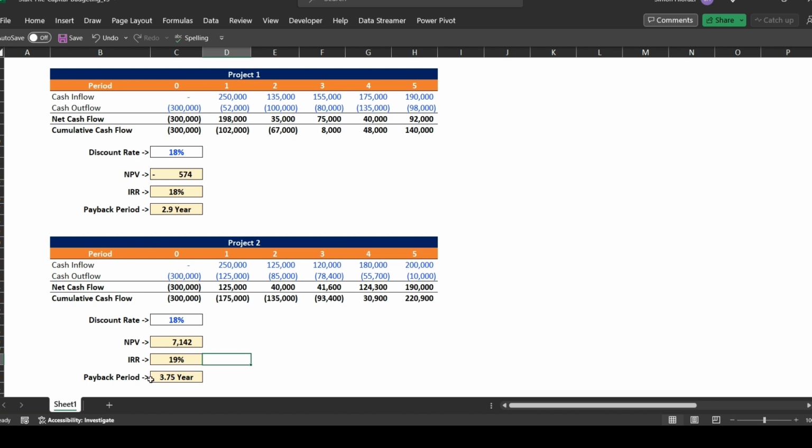Okay, then when you look at the payback period too, although it may take almost 4 years for project 2 to recoup its investment, whilst it will take about 3 years to recoup the investment for project 1. But in all, are we maximizing the shareholder return? Project 2, although it may take some while to recoup returns,